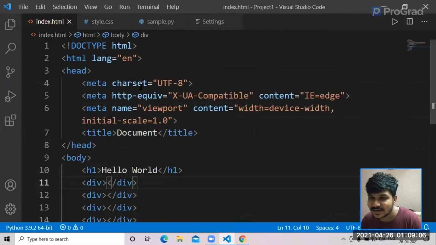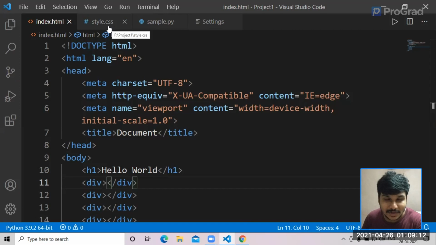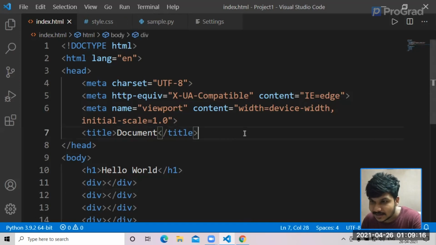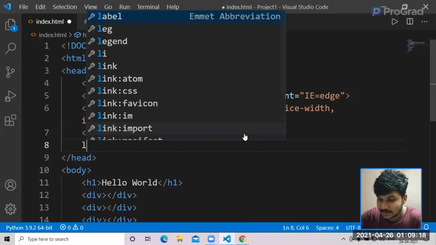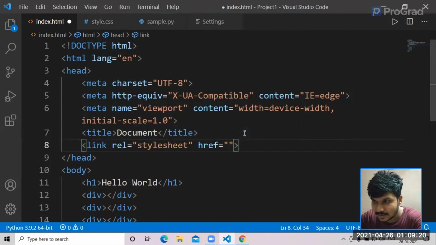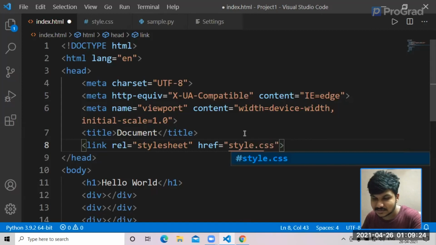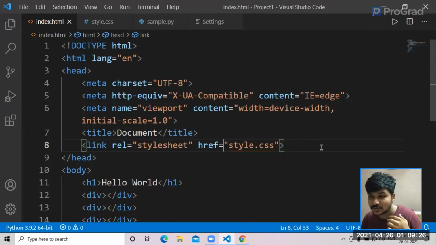So as we have created this, if you want to know whether it actually works or not, I think we forgot to link the style sheet inside index. So let's go ahead and add a style sheet. Let's type link style.css and let's save. So now you need to check whether your folder or your file responds correctly or not, right? Let's go ahead and see whether it is working correctly or not.